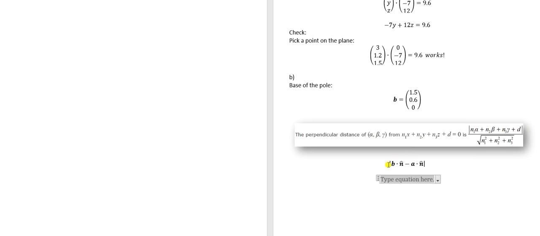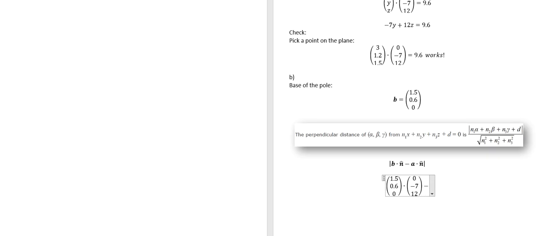I'm going to apply my version here directly, but you can see that as long as you've got the coordinates of the point you care about, and you've got the normal vector in whatever form you've managed to construct it, then you can use this formula directly. So we're going to say B, which is 1.5, 0.6, 0, dotted with our normal vector, and